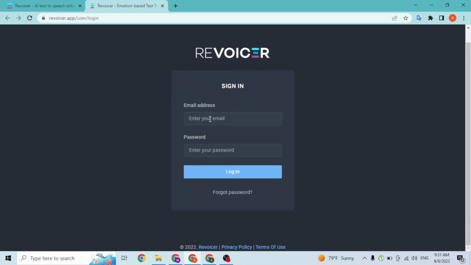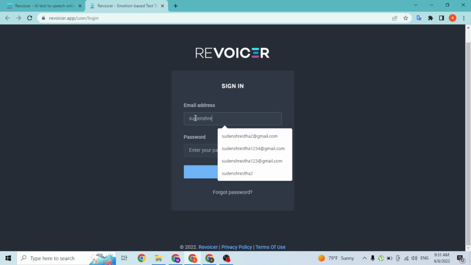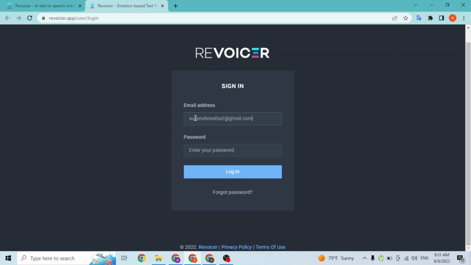And over here, guys, you'll be required to enter your credentials like your email address with which you had signed up for a Revoicer account, and after that your password you had entered on the Revoicer at the time of creating your account. But guys, if you forgot your password, you can always retrieve it from over here where it is the forgot password. If you click on that button, you will be taken to a procedure where you will be able to